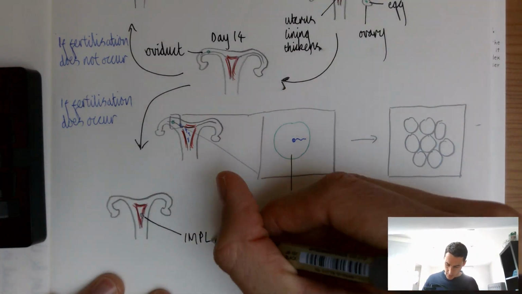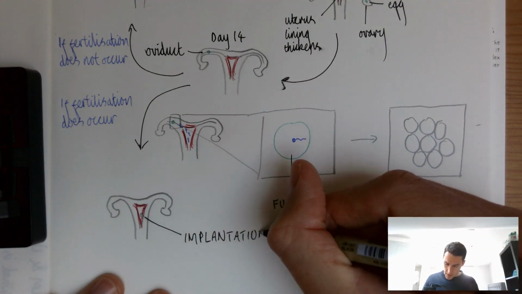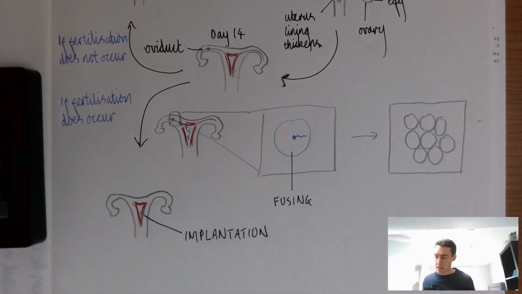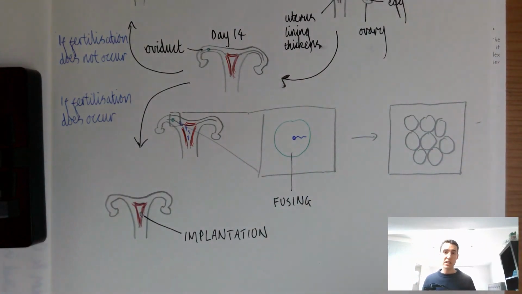So I need to label this. This is called implantation, as follows. And really, the rest of the lesson is just about going into more detail about this